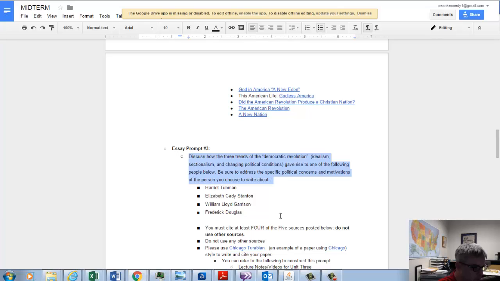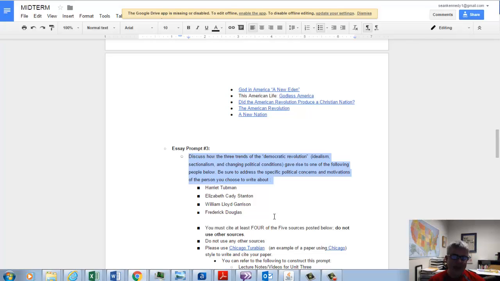So when you come across information that helps you respond to that, you're going to want to write the information, whether it's a quote or some sort of statistics, a law, a battle, whatever the case is, on one side. And on the other side, write down where you got it from, the link that you got it from. Since this class is all linked, you don't have to write book information. And put it aside, and just keep doing that as you go.